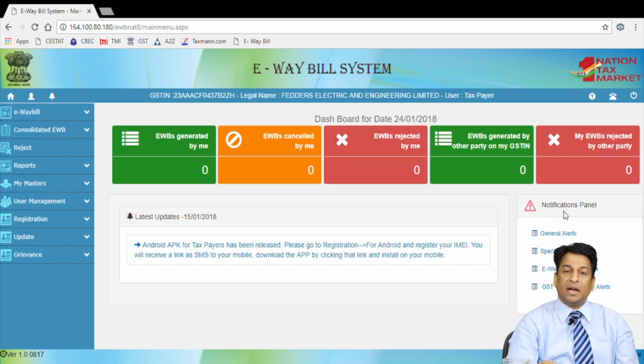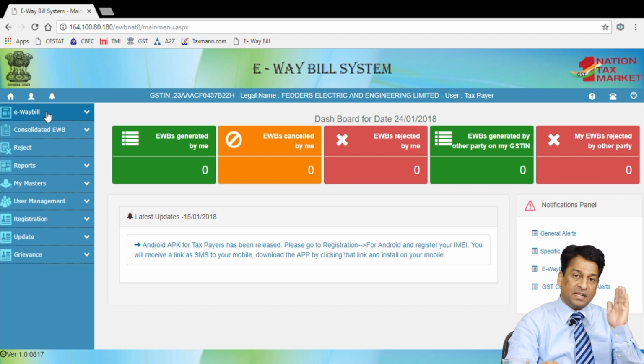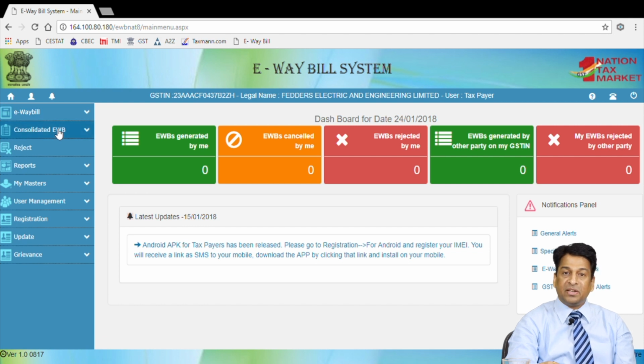Once you log in with your user ID and password, you will find this kind of dashboard coming up before you. This dashboard will guide you on what all activities you have to do. First, I will start with the e-way bill. On the left hand side, there are certain options given to you like e-way bill, consolidated e-way bill, where the transporter can generate